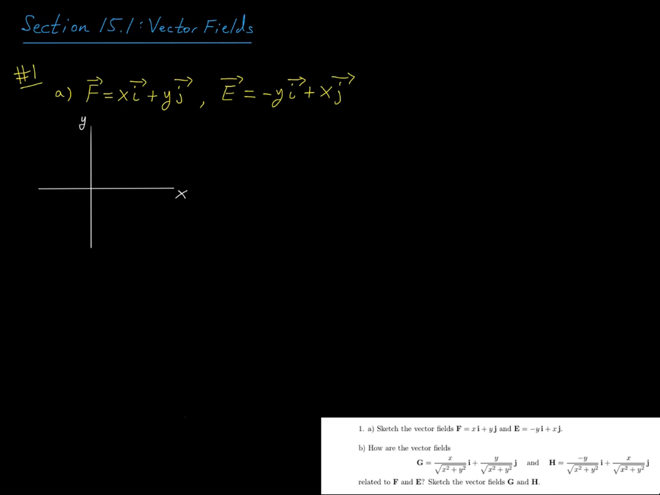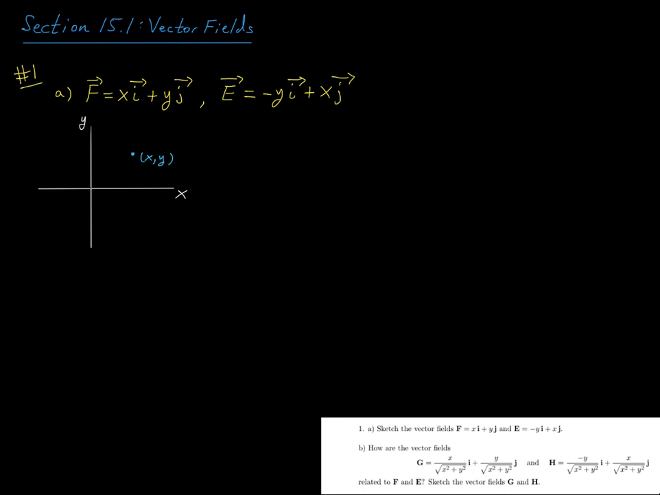All right, in this video, we're going to look at the first question on the worksheet. And part A says, sketch the vector fields F, which is equal to xi plus yj, and E, which is negative yi plus xj. So to start, let's say we're at this location, whose coordinates are (x, y), and I'm going to input this point into these two vector fields,